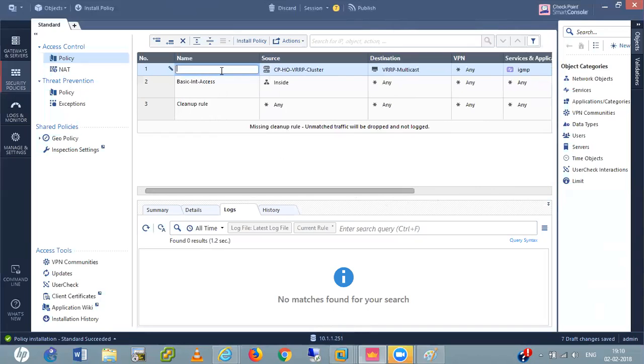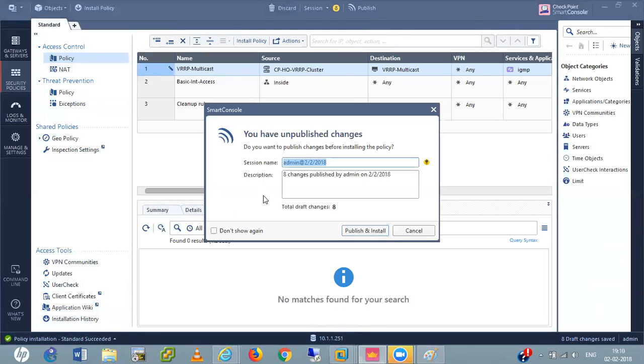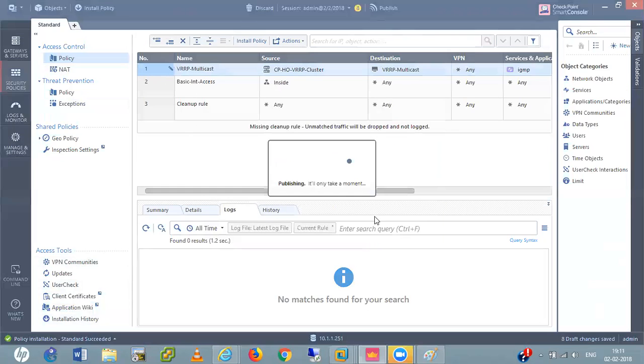VRRP multicast. Yeah, multicast. So now I install the policy again. Because we made the mistake, that's the reason I am asking that question.